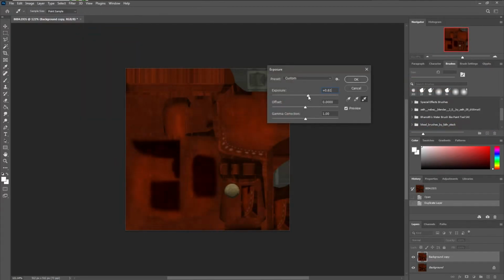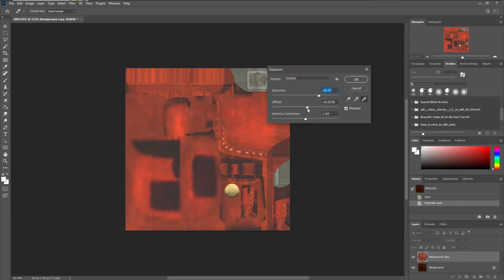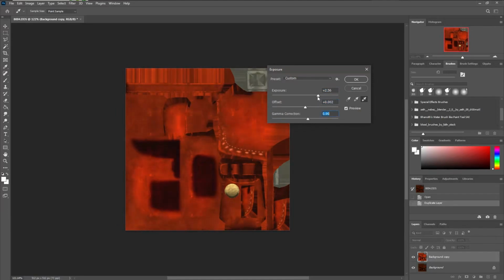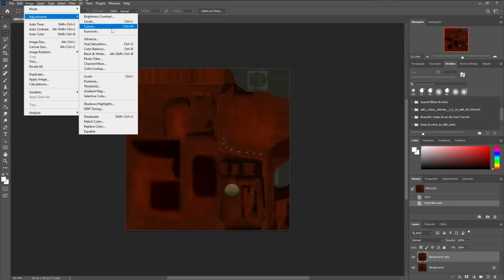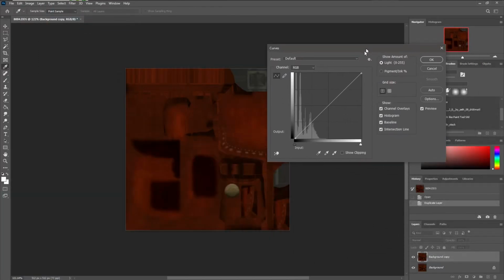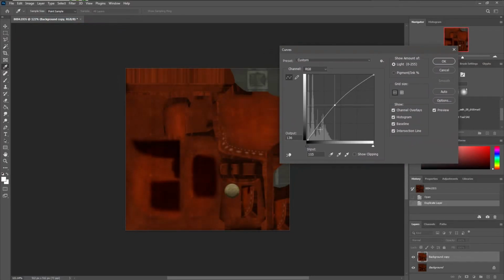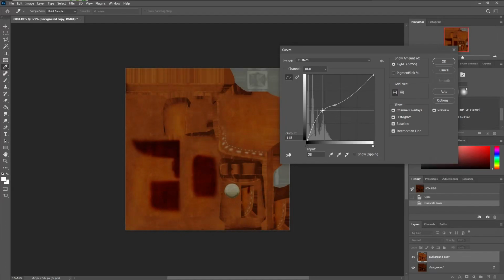Instead, you can use the exposure tool in Photoshop, but it makes it over bright. You can use just gamma. Let's reset this to 0, which is a relatively okay way. This might be a natural way to adjust the brightness without screwing up everything else, but I think the best method is curves, because you can manually define detail. For example, I don't want to lift these mids. I want to keep the dark parts dark, the light parts light,